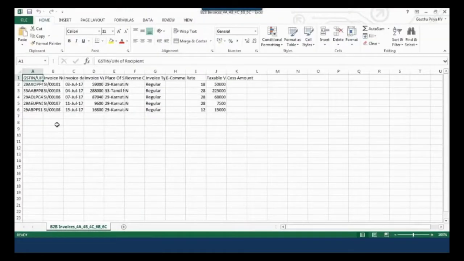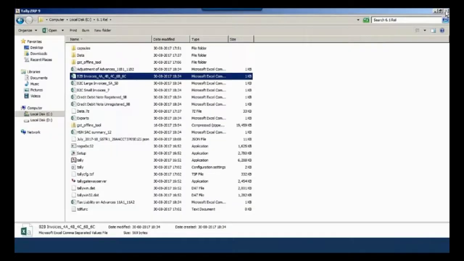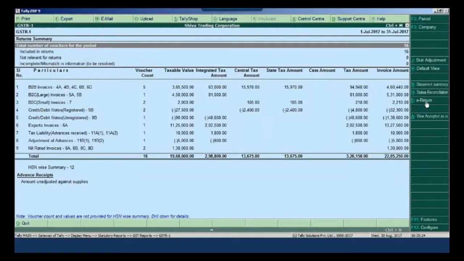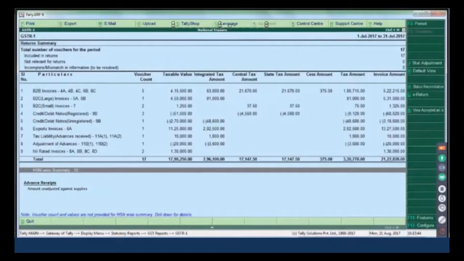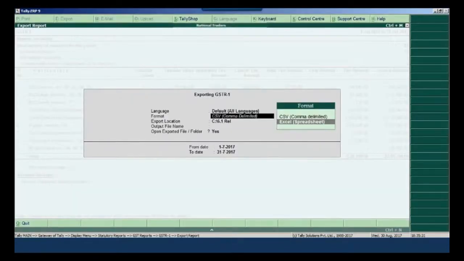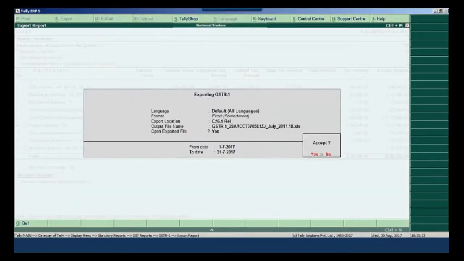These are the individual files, B2B invoices with the section information. So let us close this and then move on to the other format of Excel. E-return again, select Excel spreadsheet. And in case you want to change the export location, you have to go backspace. So now you can see the output file name GSTR-1 underscore your GSTN number July